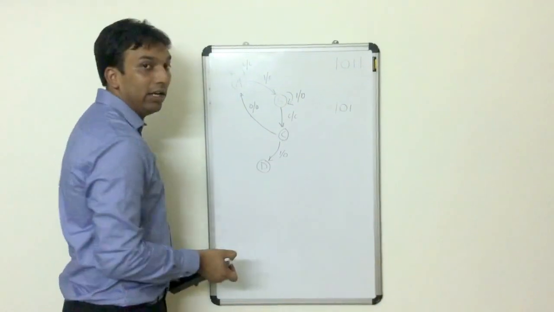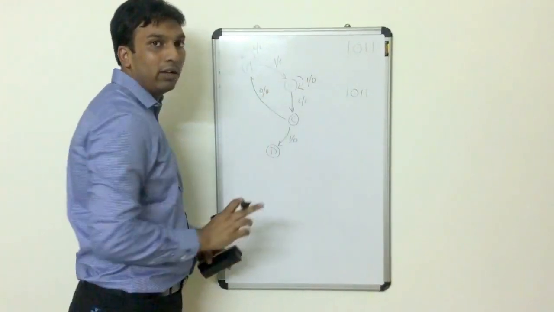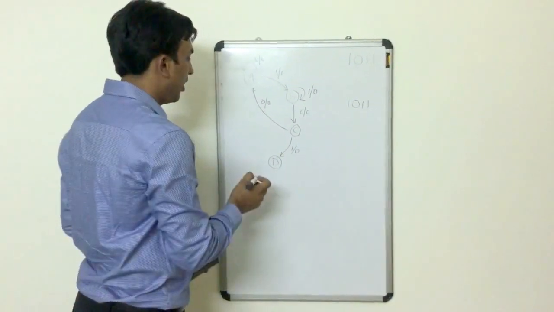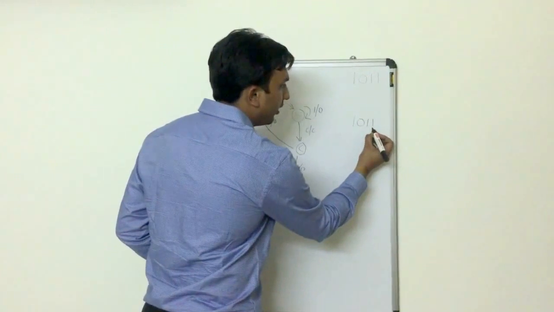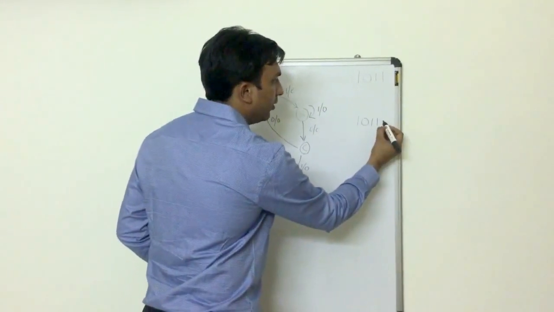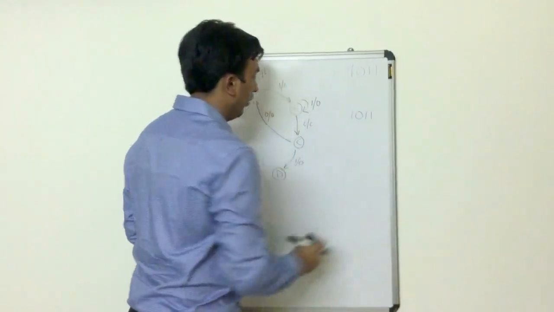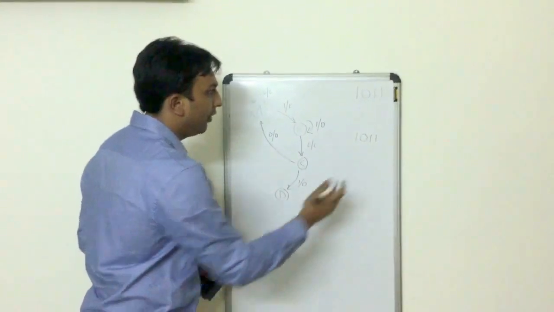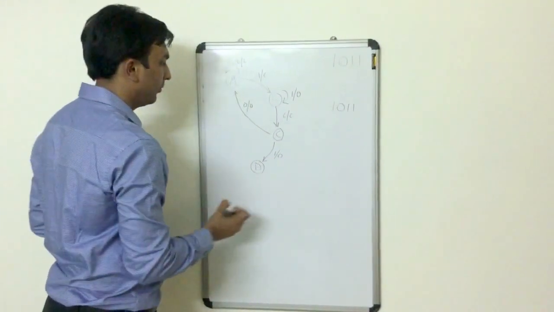Now if at state D we have the 4th input as 1, then this will match our pattern, so output 1 has to be generated. But from here, this may be the beginning of another pattern, 1 0 1 1, like that. So we will move to the state where 1 was detected and output generated will be 1.